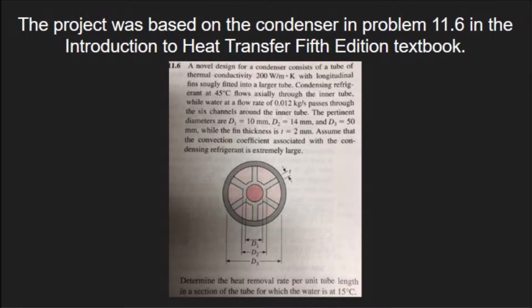It reads, "A novel design for a condenser consists of a tube of thermal conductivity 200 watts per meter K with longitudinal fins snugly fitted into a larger tube. Condensing refrigerant at 45 degrees C flows axially through the inner tube, while water at a flow rate of 0.012 kilograms per second passes through the 6 channels around the inner tube. The pertinent diameters are D1 equals 10 millimeters, D2 equals 14 millimeters, and D3 equals 50 millimeters, while the fin thickness is T equals 2 millimeters. Assume that the convection coefficient associated with the condensing refrigerant is extremely large. Determine the heat removal rate per unit tube length in a section of the tube for which the water is